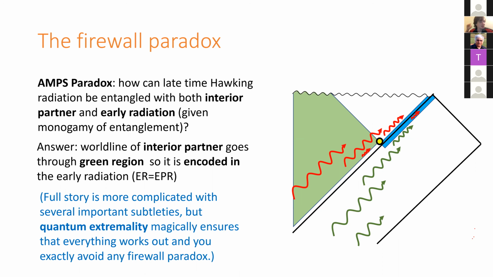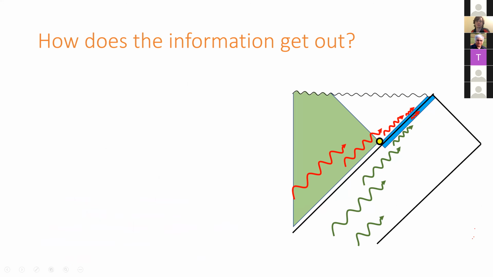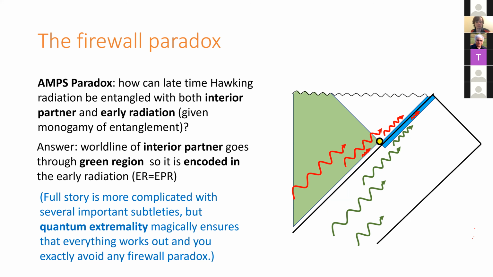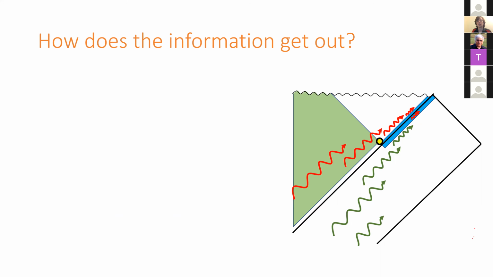Magically, and this to me is the most beautiful and compelling part of the whole story, to be honest, the fact that this yellow surface is a quantum extremal surface magically makes those two corrections be exactly the same as one another. So everything perfectly works out, and you exactly avoid a firewall paradox or a reverse firewall paradox of the interior not having enough entanglement between the early and late radiation. Yeah, it's a really beautiful story. I think it's really, really cool, but I'm not going to have time to go into details. It's in my paper from May. So this is all great. But